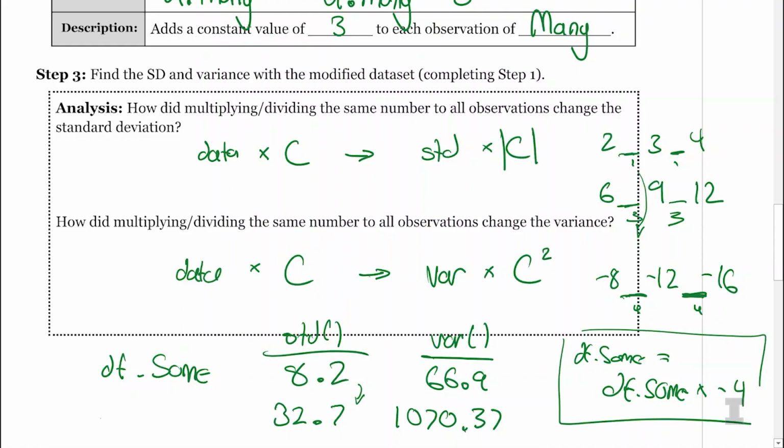So we can update our analysis by saying if we multiply all of the data by a constant, that's the same as multiplying the standard deviation by the absolute value of that constant. Perfect. And we can say the same thing with variance as well, but we also have the square operation, which you may recall is going to remove a negative number anyhow. Exactly. So often you don't see this absolute value here, because the number is always guaranteed to be positive.